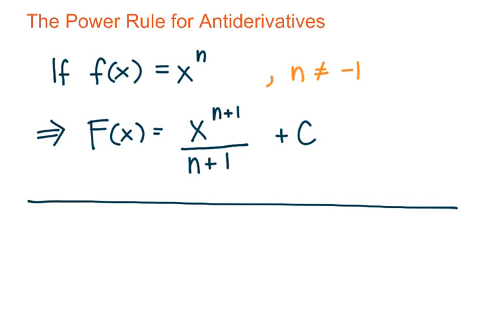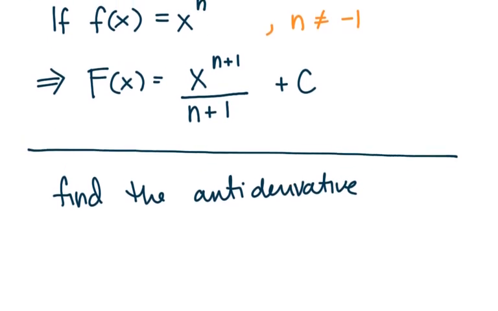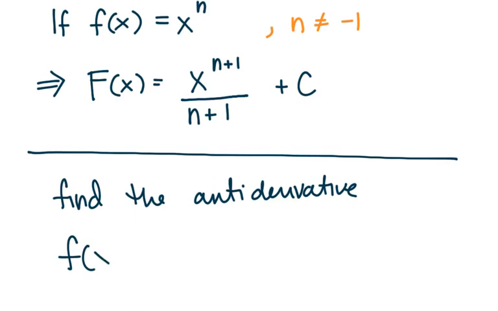Let us find the antiderivative for f of x equals x to the 5th. So this exponent can be any number, it just can't be -1. So in this situation, when I go to find my antiderivative, capital F,